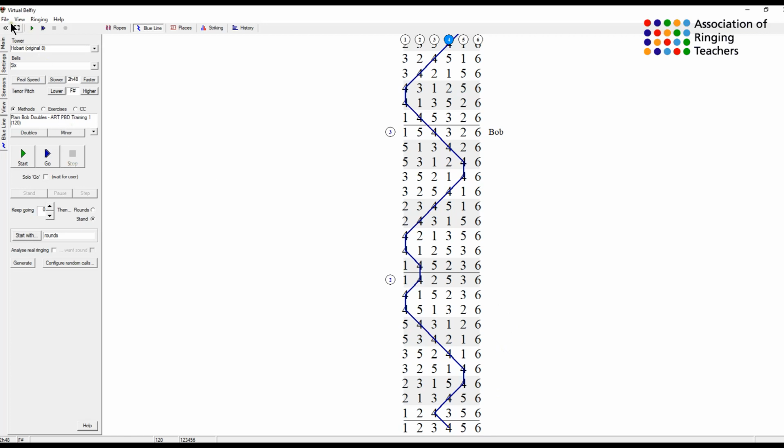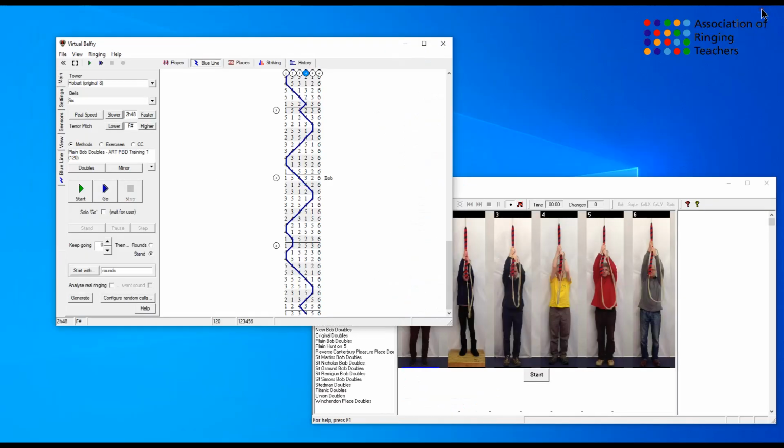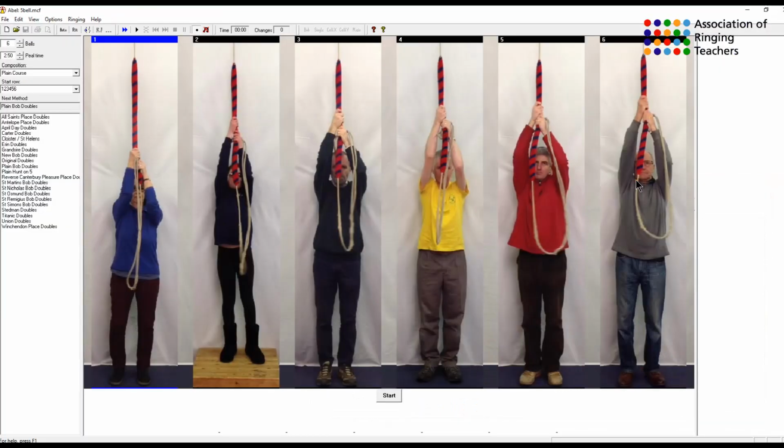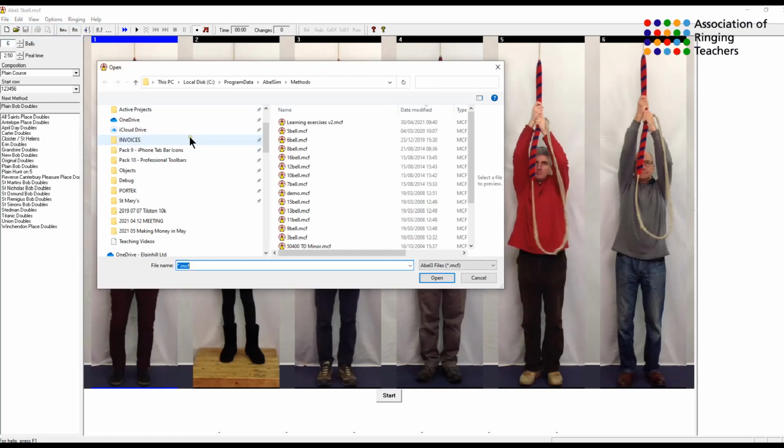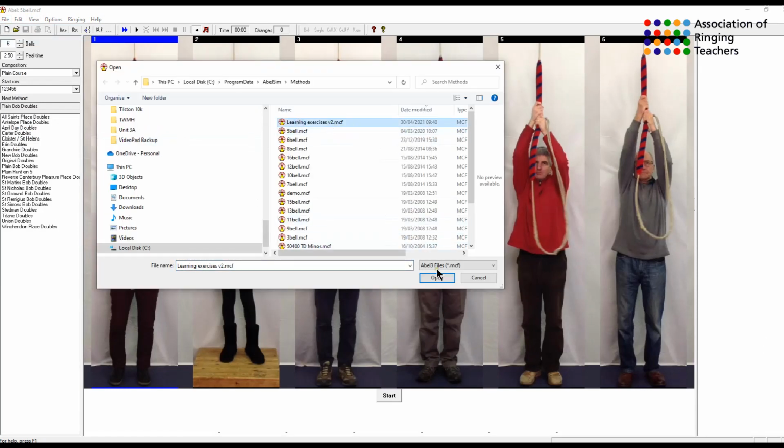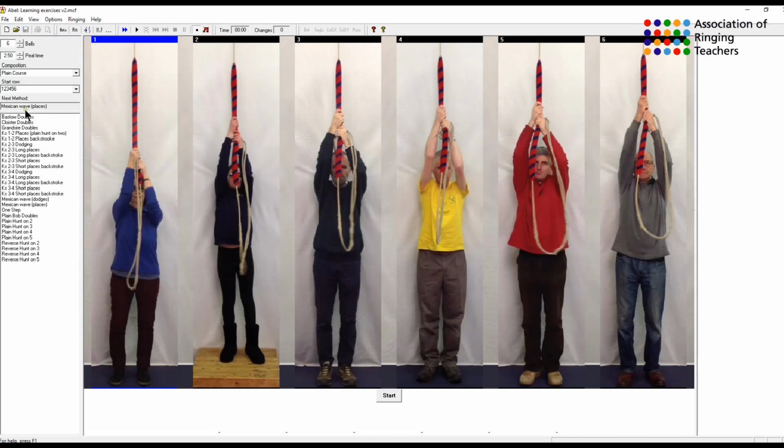So if we now look at Abel, and Abel is very similar in the way that you construct this, with the exception of the way you get into your compositions. At the moment, you can see at the top here we have the 5 bell setup loaded. There is one in here that's called exercises, and if we go to open, we will find learning exercises, and this will load up all of the exercises that are in that particular file,